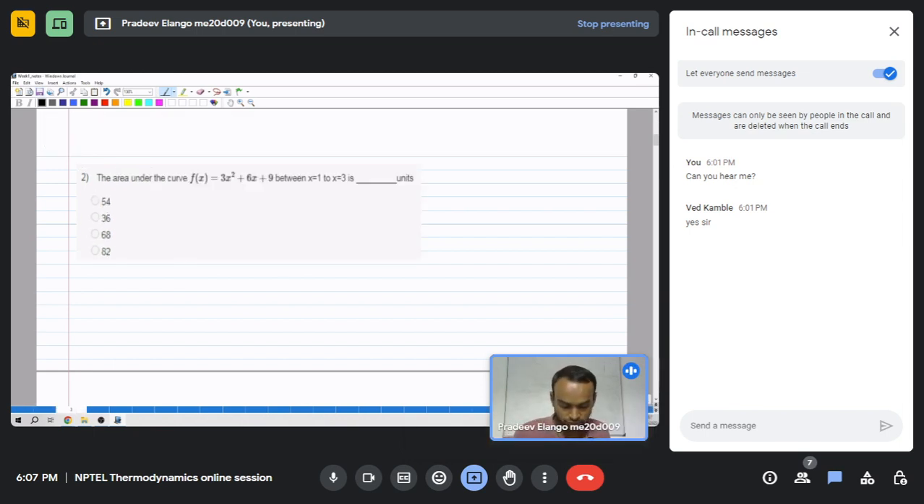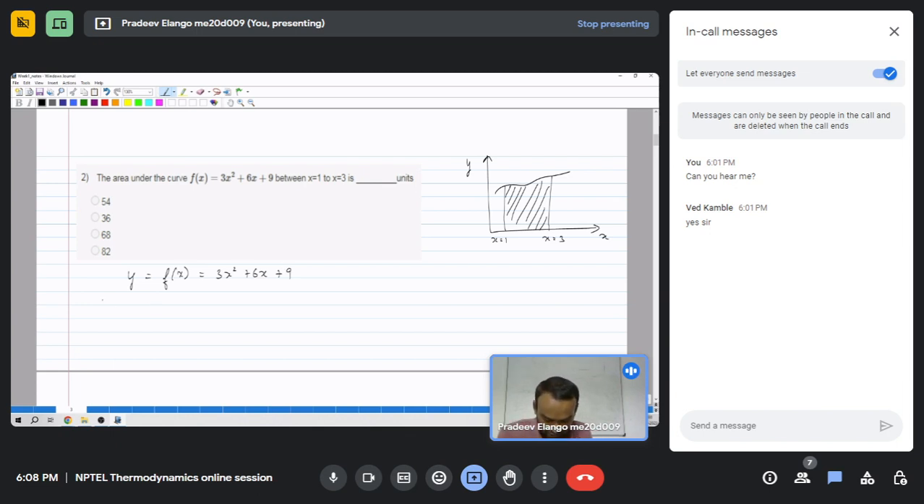The area under the curve f of x equals 3x square plus 6x plus 9 between x equal to 1 and x equal to 3 is dash units. So to solve this problem, we take this curve, y and x. So this curve could be something like this, and we have to find the area under the curve between the lines x equal to 1 and x equal to 3. So this is the area we need to find, and for this we consider y is f of x, that is 3x square plus 6x plus 9,